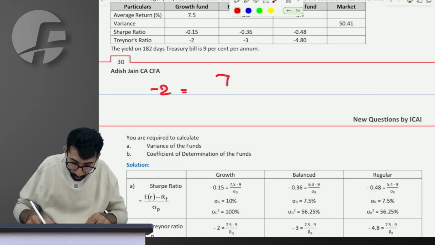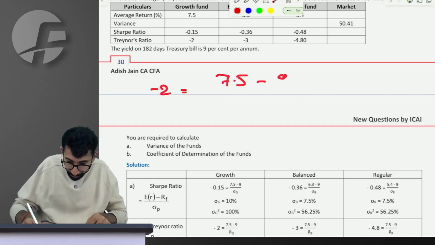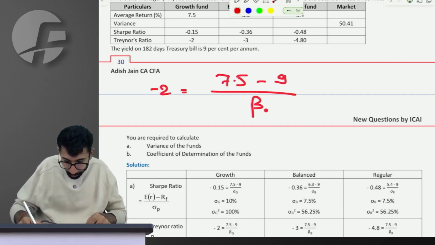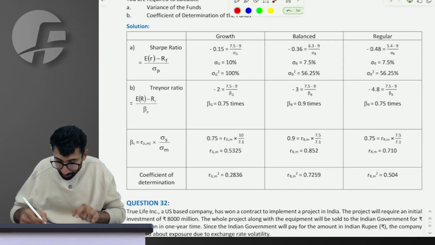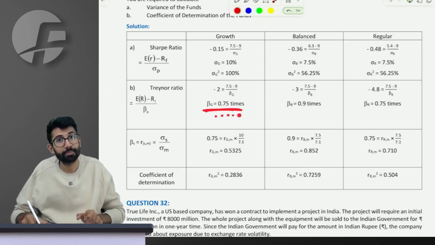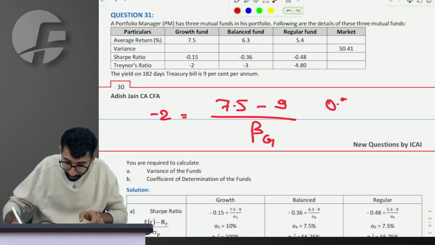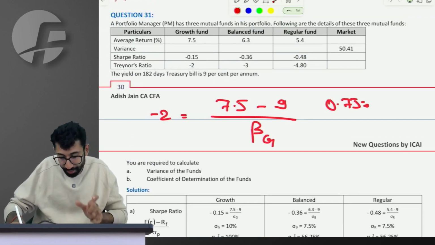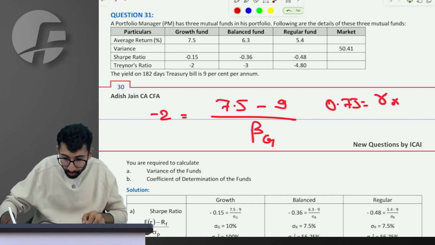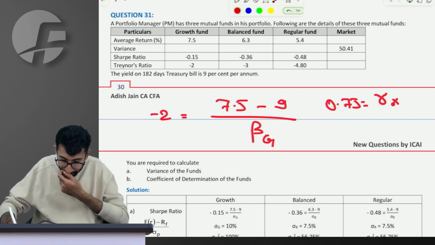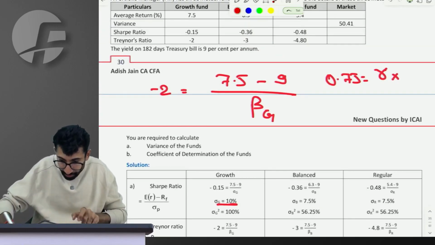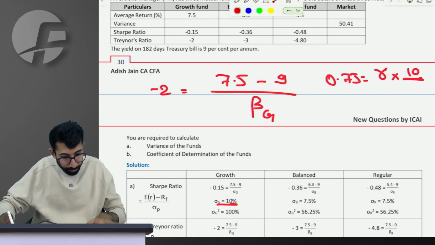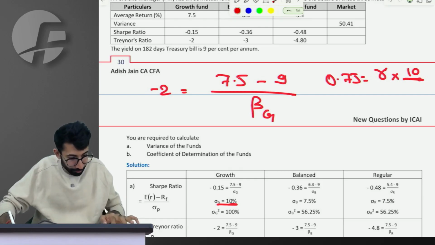Minus 2, I know, is equal to 7.5 minus 9 divided by beta of growth. So that way I can have the beta of the company. When I calculate beta, it's just 0.75. So beta, which is 0.75, I know is correlation into SD of security, which is given to me as 10, divided by SD of market, which is 50.41